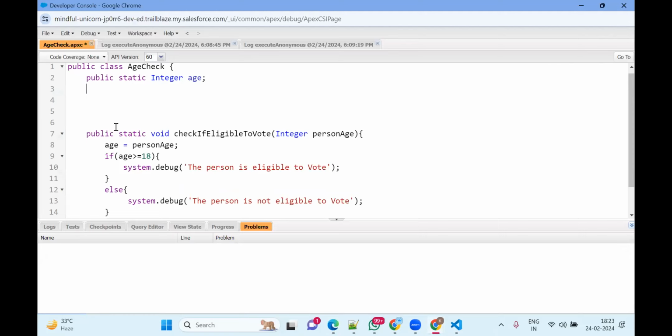Let me say public static double percentage. Percentage is a variable name I have given, and the variable's data type is double. Let us write one more public static void